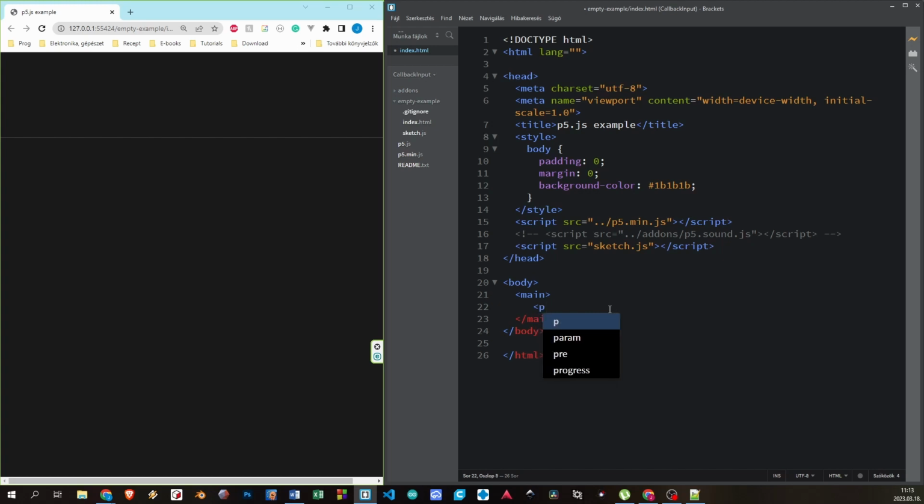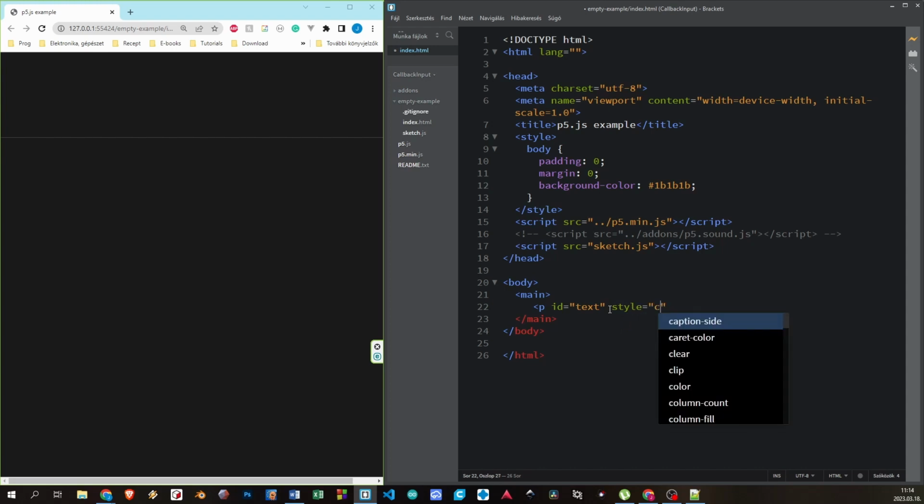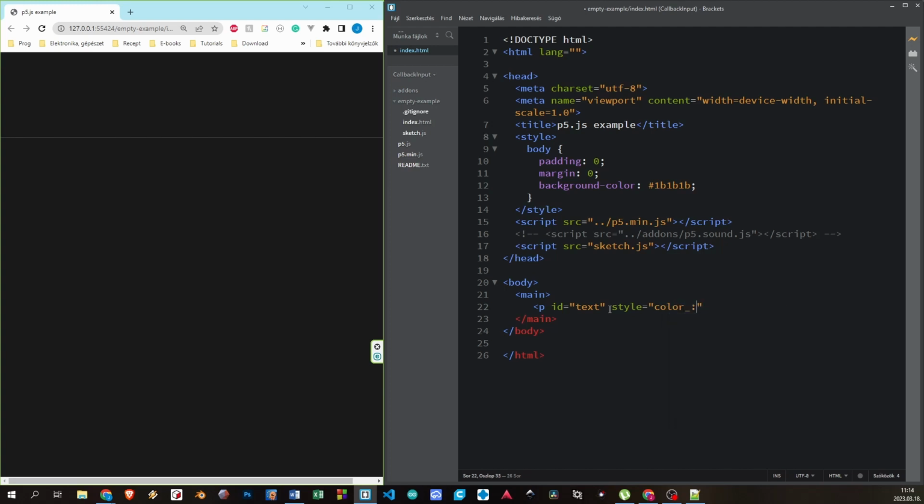Create p, id equals, give it some id, maybe text, and style equals color, maybe white, and at first it's going to be just an empty paragraph, and I'm creating an input field here